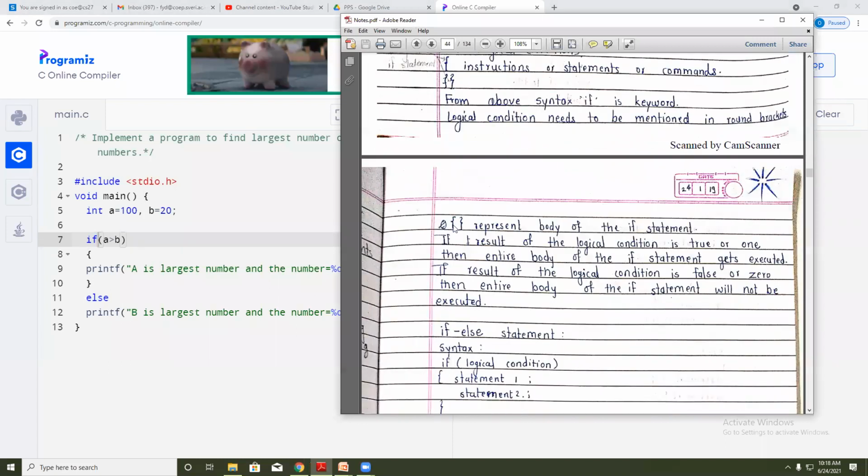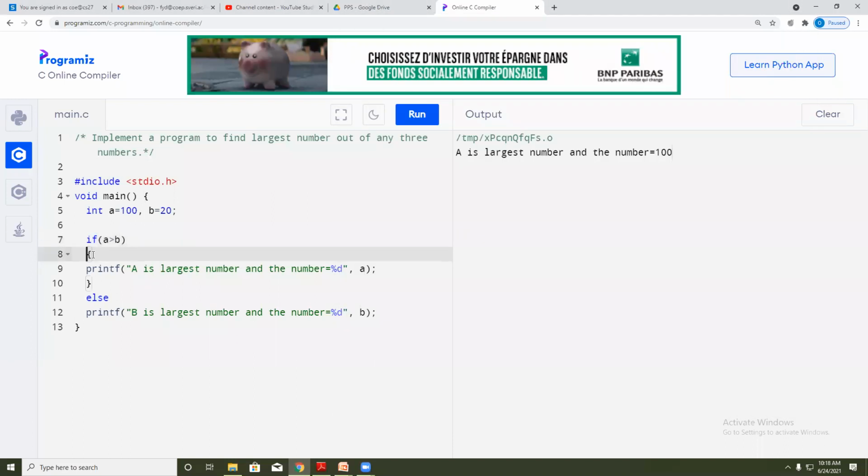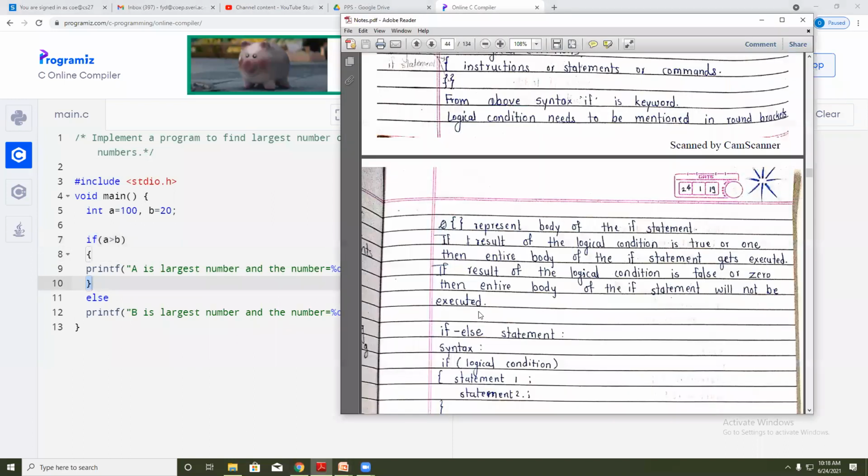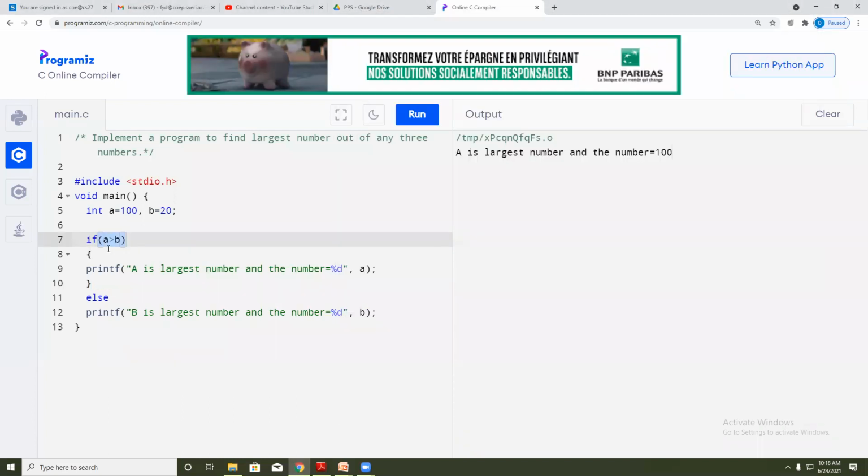Then, as I rightly mentioned, the curly brackets open and close are nothing but the body of the if statement. If the result of the logical condition is true or 1, then the entire body of the if statement gets executed. That means if A is greater than B, then whatever you have written in the curly brackets is executed.